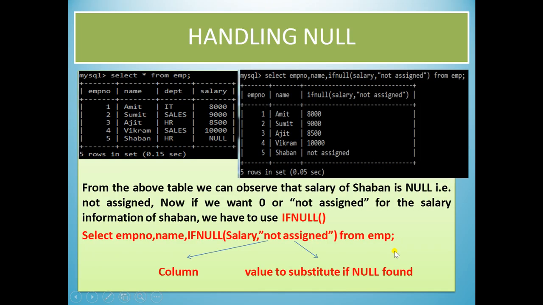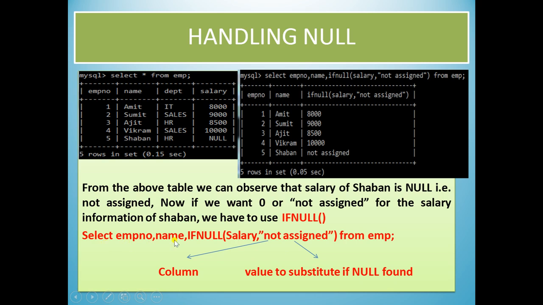Okay. Now handling null. How will you handle the null? See in this table, the EMP number 5 is Shaban. So in this, the department is HR and salary is null. So instead of writing null, you want to write it as not assigned. How will you write?